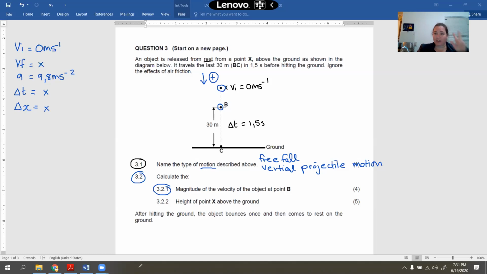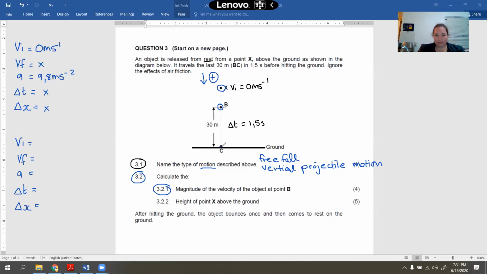Do you remember right at the beginning I told you you needed to know 3 things? We only know 2, so you cannot go from X to B. That's going to waste your time and you're not going to get anywhere. So instead, VI, VF, A, delta T, delta X. Some of you hopefully will start writing this out. I find that it makes such a difference to being able to answer these. I'm now going to go from B